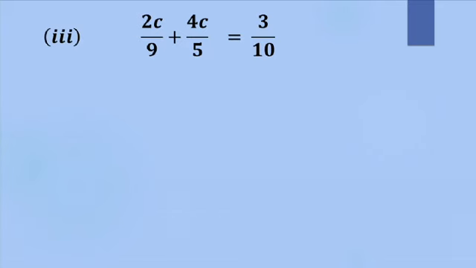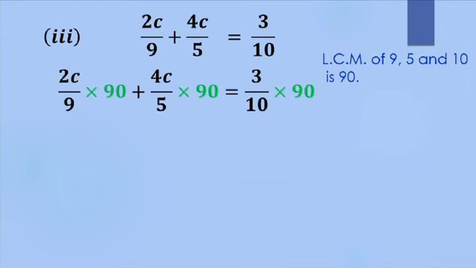Next one. So here you can see we have different denominators, 9, 5, and 10. So I will make use of the LCM of 9, 5, and 10, which is 90. I will multiply each term, both on the left hand side and on the right hand side, by 90. So you can see here I have multiplied each term by 90. Simplifying, I will get